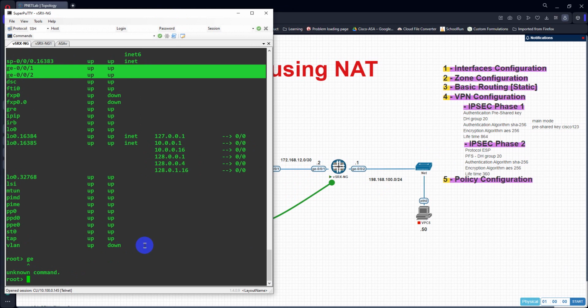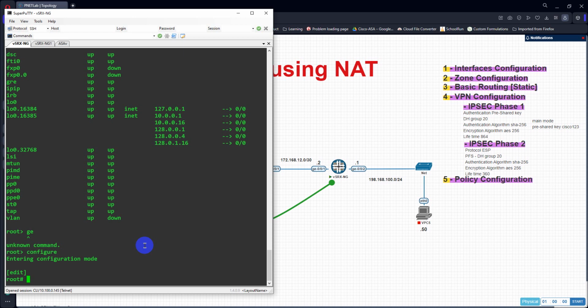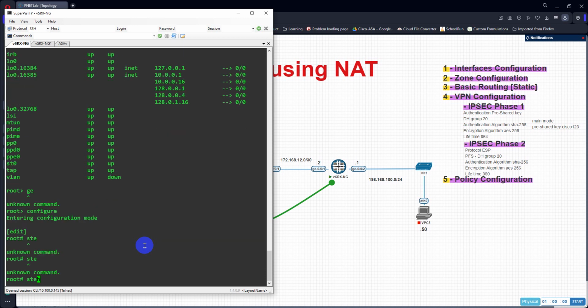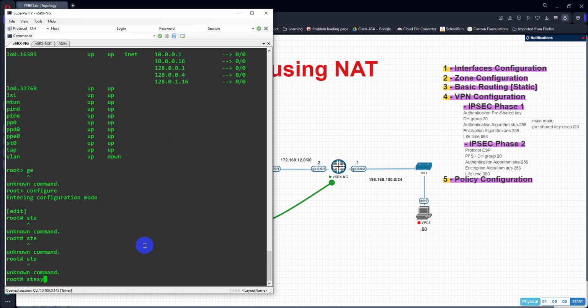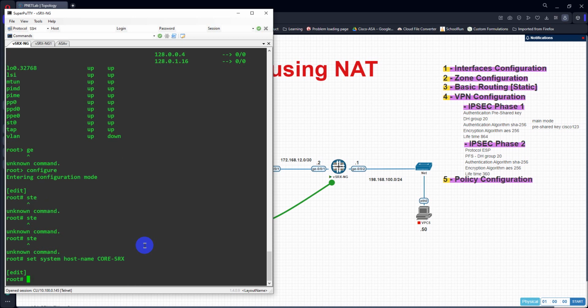So let's start with configuration. Let's drop into the configuration mode again, configure. And the first thing I want to do is change the host name as well. So let's give the name. The command we're going to use is set system host name. We say core SRX. So this is our core SRX, or we can say internal. It could be anything, according to your environment you can give. So press enter. So this is an accepted command,